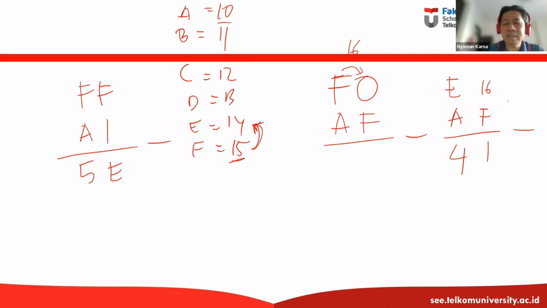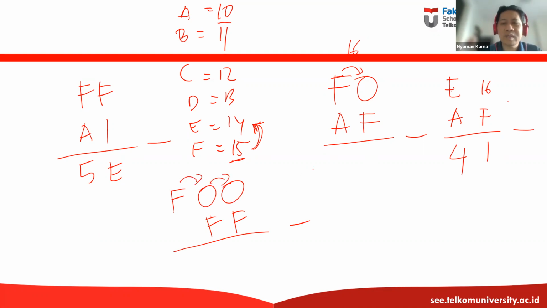Now let's do the subtraction again, but using double borrowing. F0, 0, and then this one is, let's say F. Now I have 0, so I need to borrow from here. No, I have nothing, so I need to borrow from here. So F will become E, and this will become 16.